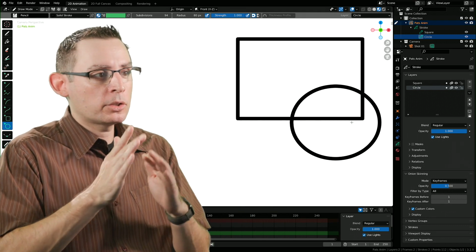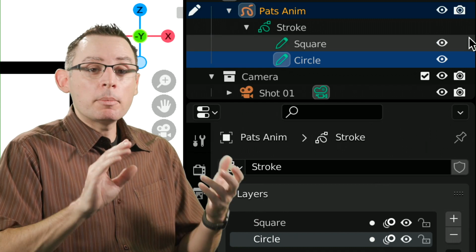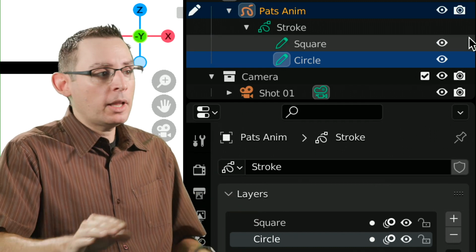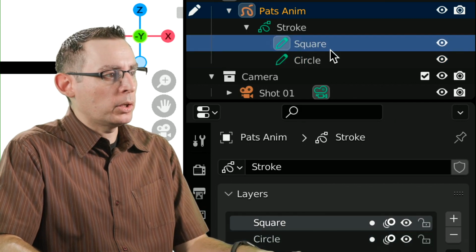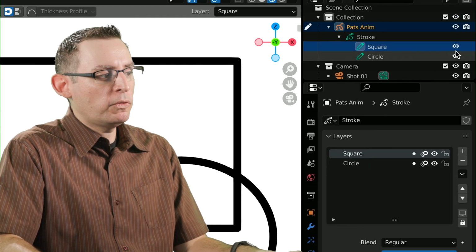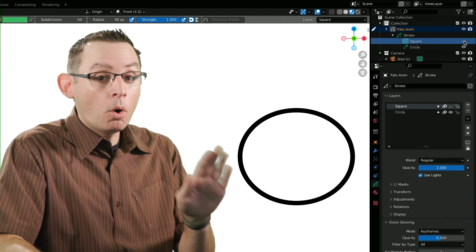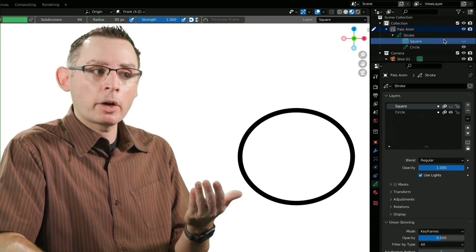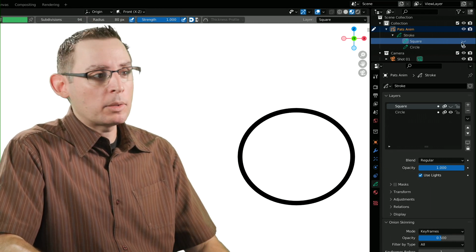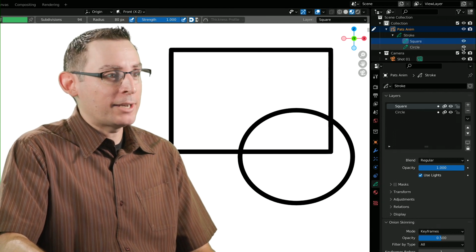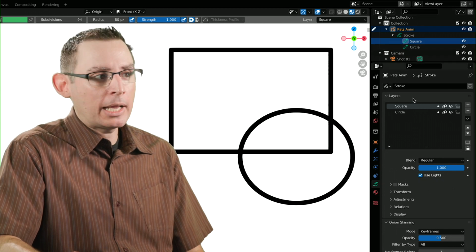Now we have a circle and a square. What's cool about working with all of these different components and objects is that we can manipulate them at these different varying levels. If I go into my square layer here, notice that it has its own visibility icon. I can turn off the visibility of my square layer, and only the contents of that layer are going to be deactivated. Now, we haven't deleted them. We just made them invisible. I can make them reappear by clicking on that eyeball again. Same thing goes with the circle. I can turn them on and off simply by hitting that little eyeball.